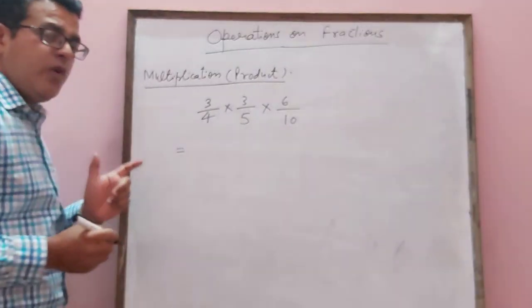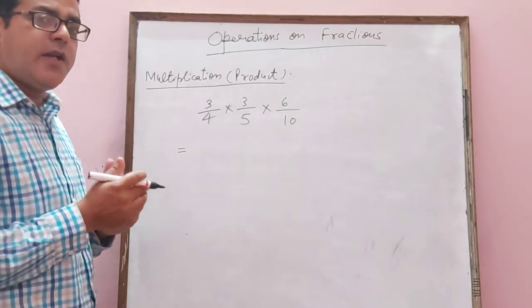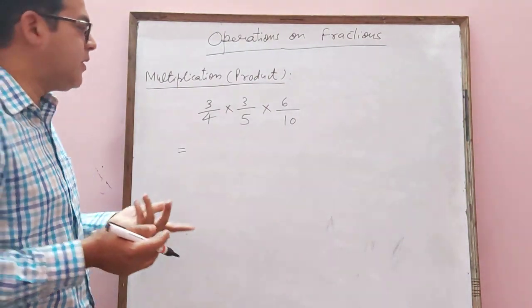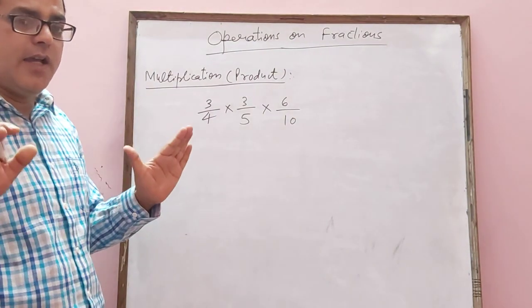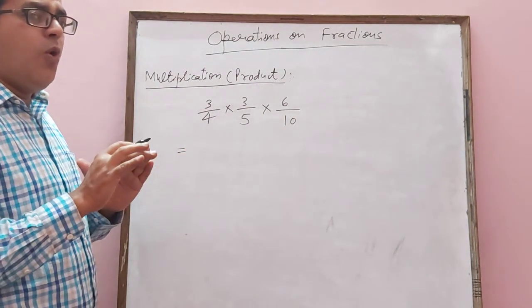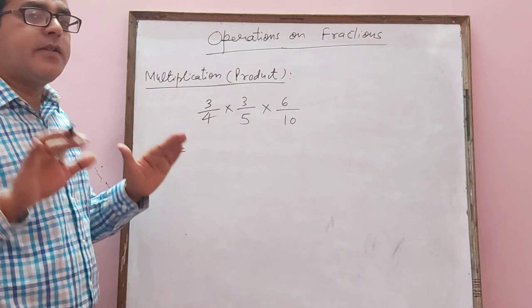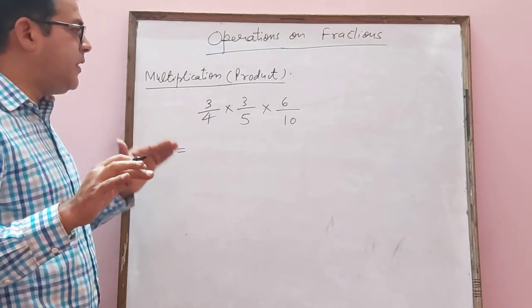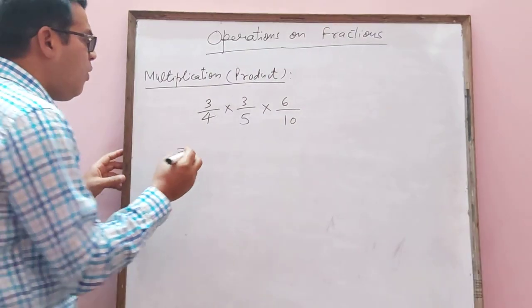Same procedure will follow here. Multiply numerator with numerator and denominator with denominator. This is very simple logic. No need to take LCM, and no need to make their denominators the same. You have to keep this in your mind always. So we can